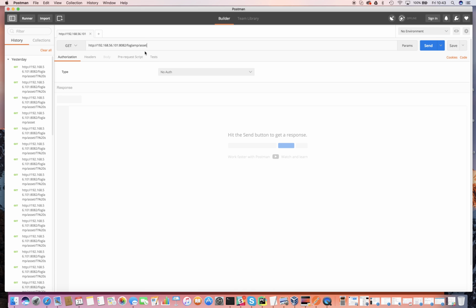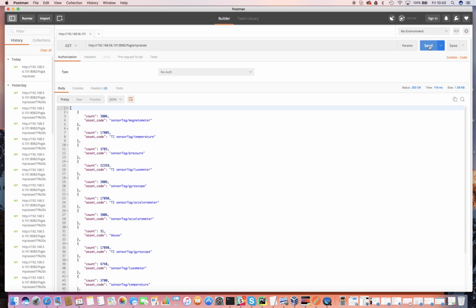You can see I've got a URL with FogLAMP asset, and what this does is let you, via a get method, have a summary of the assets that are held in the buffer currently. So if I run this, what you see we get back is an array of JSON objects. Each one contains a count and the asset code, and that count is basically how many readings we hold for